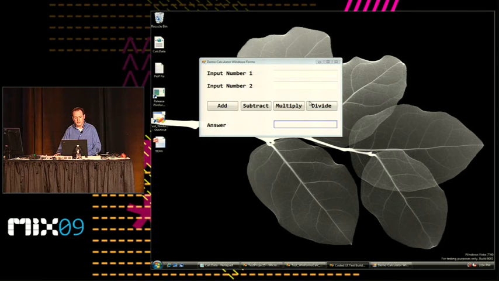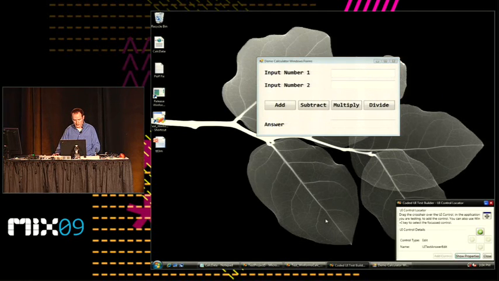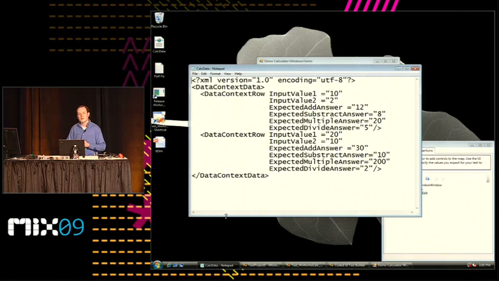So I've already added that to this application. So let's go ahead and run through the final experience of testing this. And the one other thing that I've done for this final solution is I've data bound this to a text file. So instead of going through and just entering 20 and 10, I might want to enter a wide array